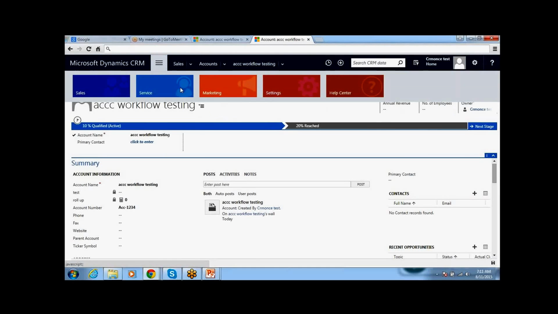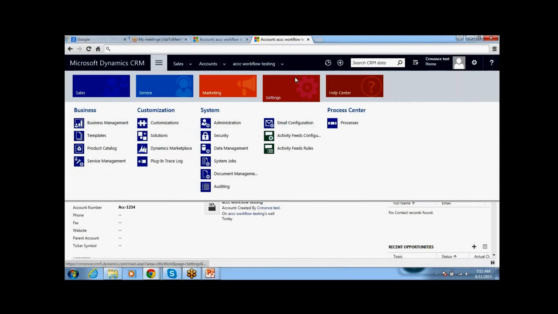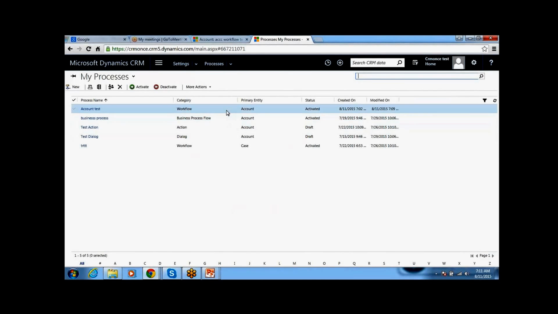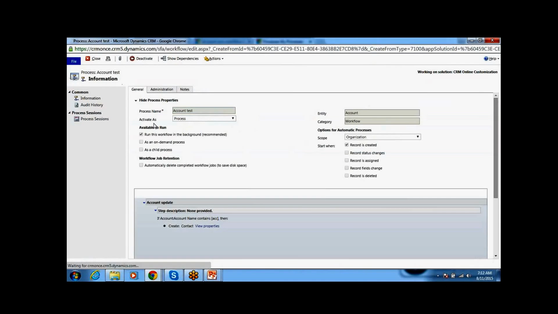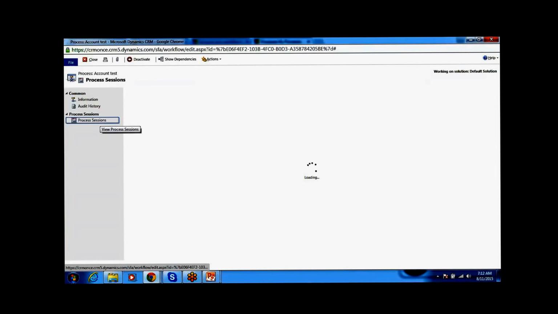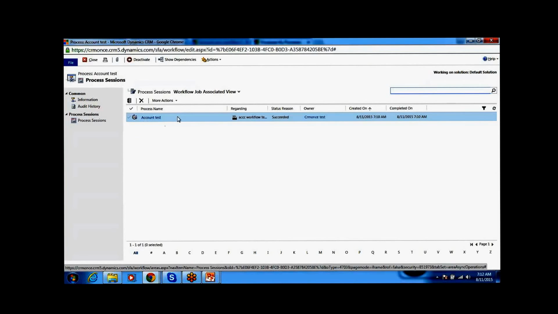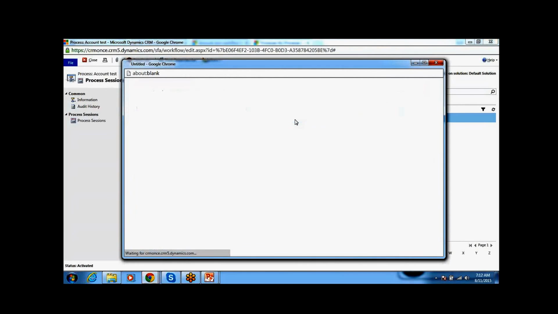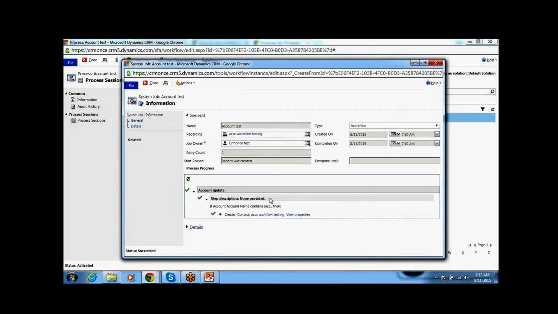Now we can go to the settings. Once we create the workflow, it will be in the process. Here we can see the account test. Whether it is executed or not, we can see in the process sessions. It is executed and it has created a contact successfully.